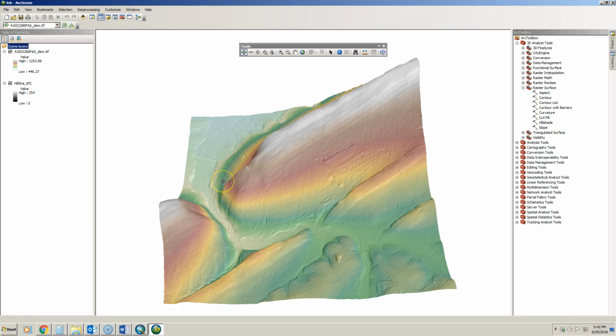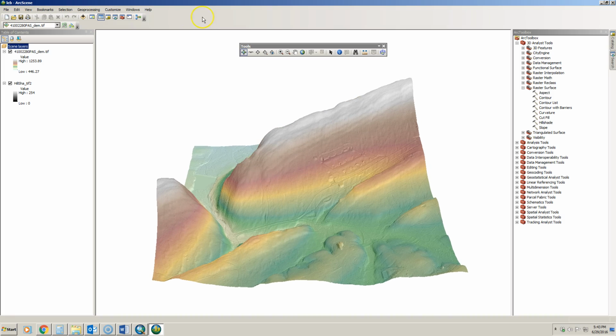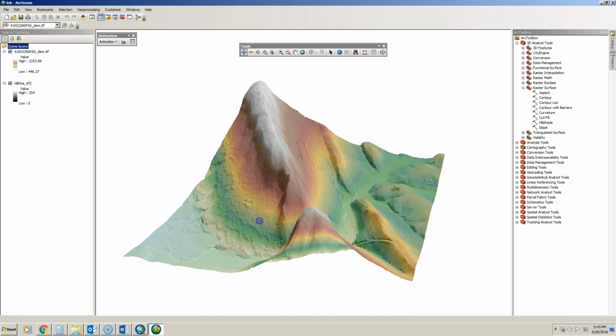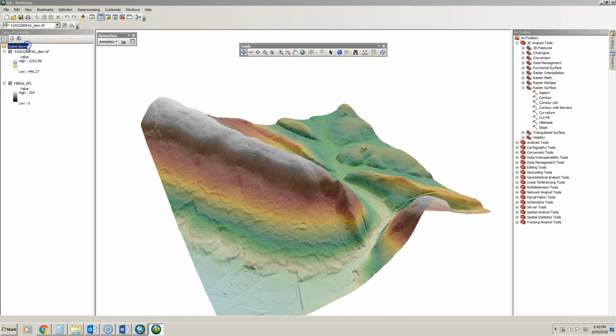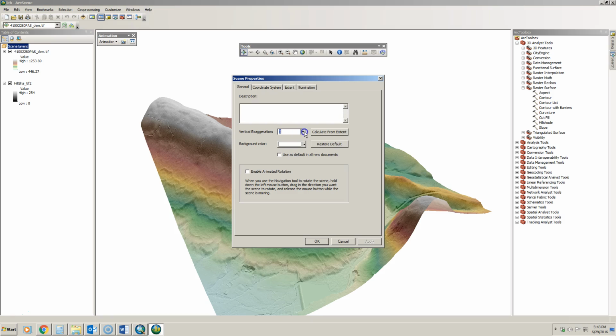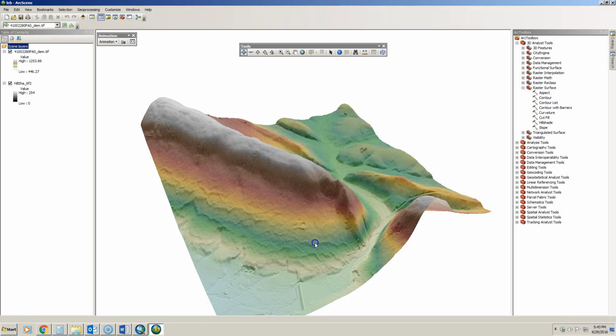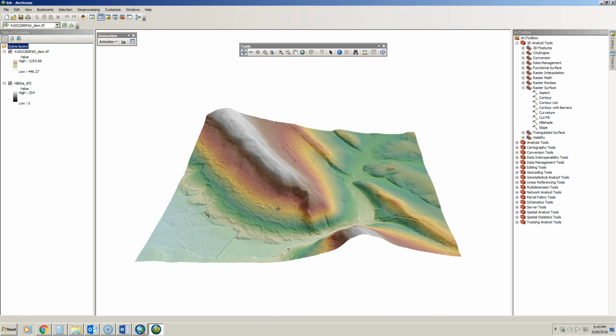So with that, I will show you one last quick thing, and that has to deal with animation. If we right-click up here in an empty space and turn on our animation toolbar, it's possible to create an animation of this area. I'm going to reduce this exaggeration a bit because it's a bit over the top. There we go. So let's say that you wanted to kind of do a fly-through of this whole DEM. What you can do is